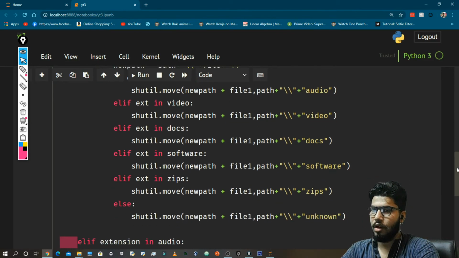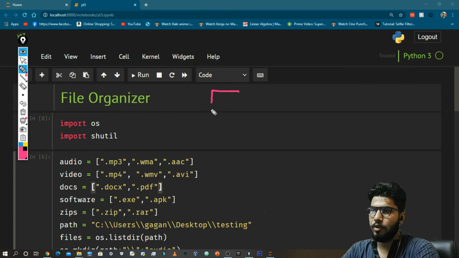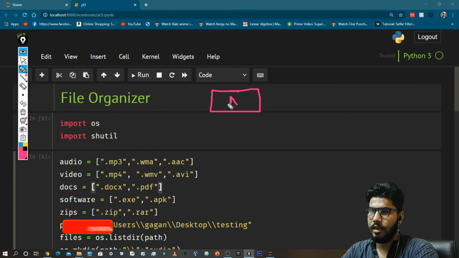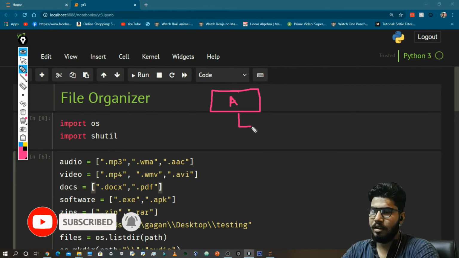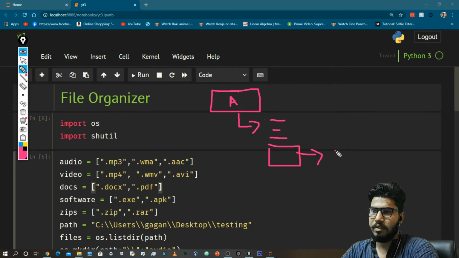So now let's see what is the fault in this program. Let's suppose you have a folder A. Okay, now in this folder you have some files like this, and then again you have some folder. In this folder you have some files.